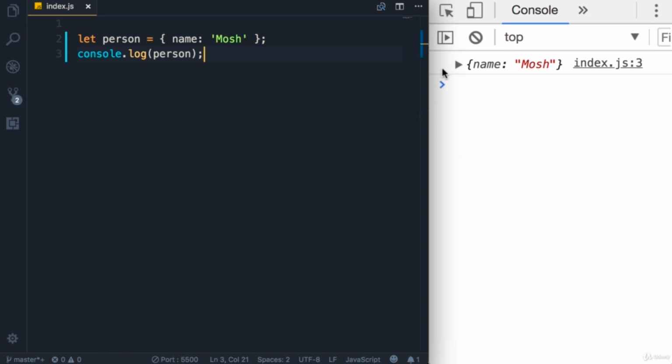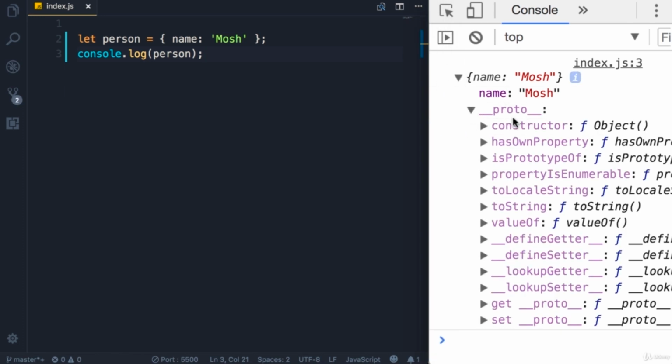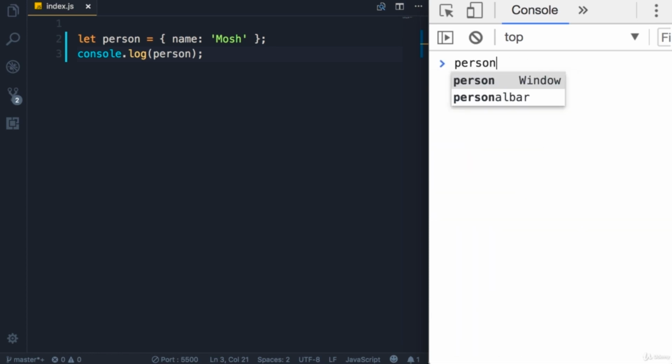So here's our person object, and in its prototype, we have all these methods available. So we can type person.toString and it works. However, if we iterate over the members of this object, we're not going to see this method toString. So